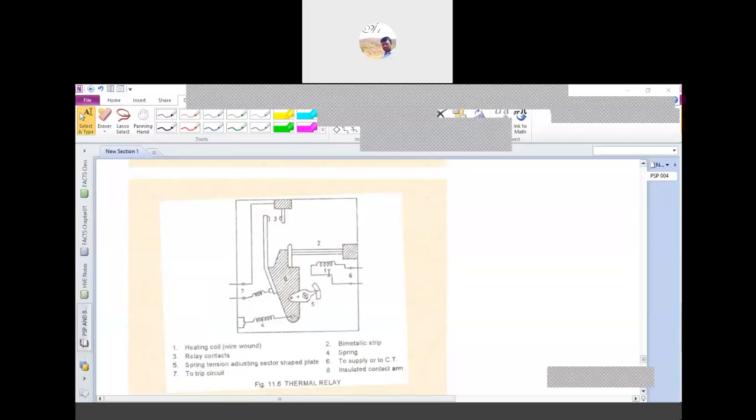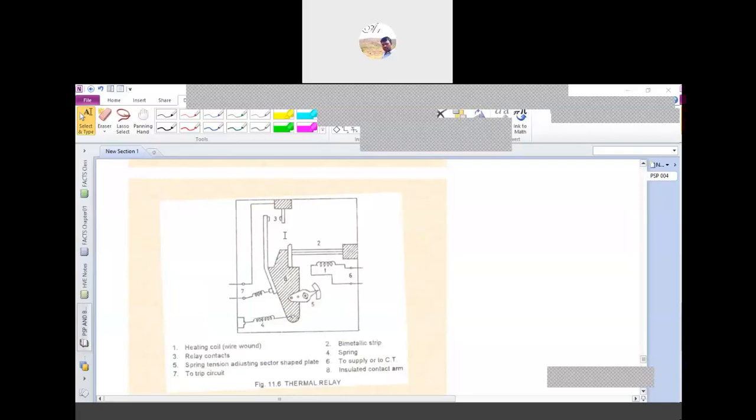Another type is the electrothermal relays. These relays operate on the principle of the thermal effect, passing current through the relay element. If the thermal variation reaches a predetermined value, the relay will operate. If the predetermined value is not achieved by the input signal, then the relay coil will be tripped.